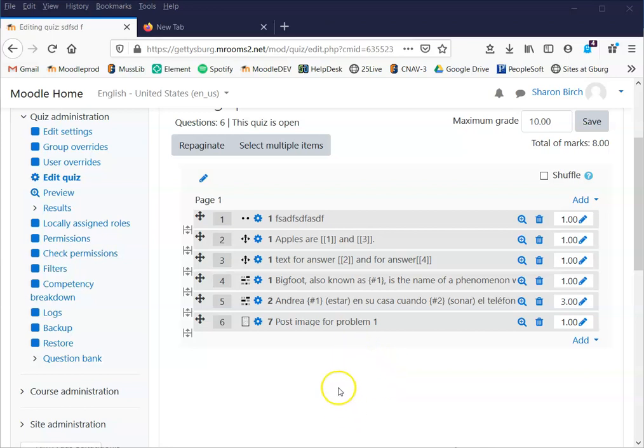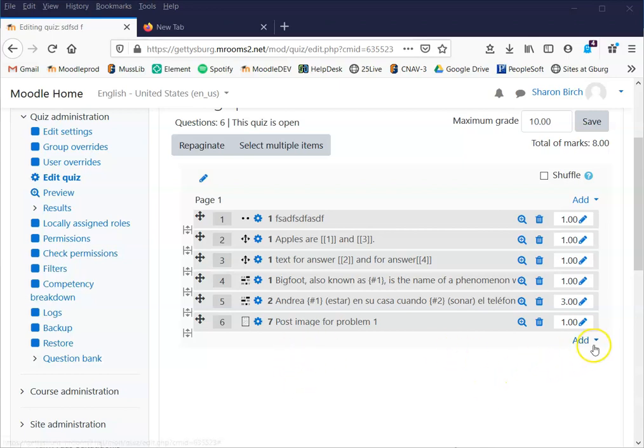In this video, I'm going to show you how to insert a video file into a quiz question. By quiz question, that could be actually a question, an essay question or multiple choice, or it could be the description question, which is not really a question, but it's something that allows you to put in something, in this case a video, that students can then look at and then answer multiple questions after that that pertain to that